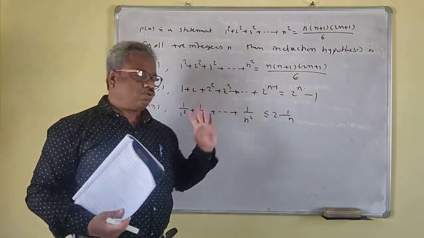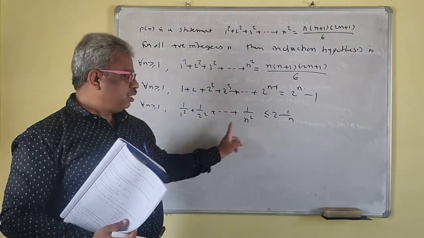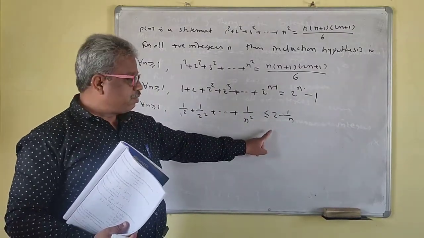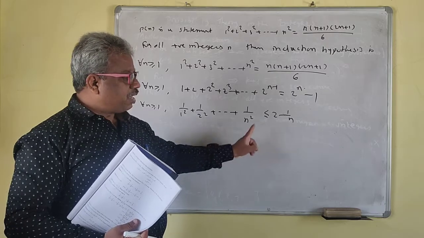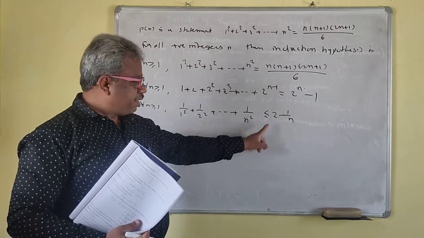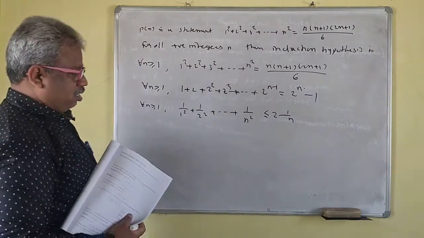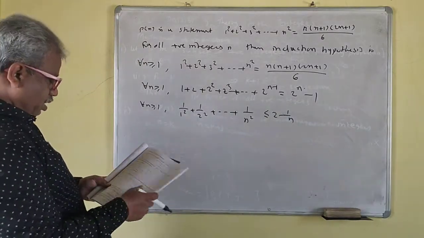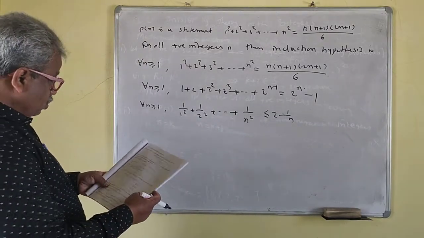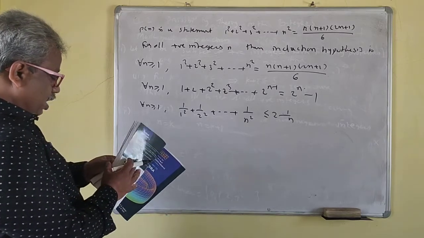So for that you should know this one. This is also forward. This is equal to 2 minus 1 by n, 2 plus 1 by n, 1 minus n, 1 minus n minus 2, or this is less than 2 minus 1 by n. So options will be there now. So okay, so we'll write all.